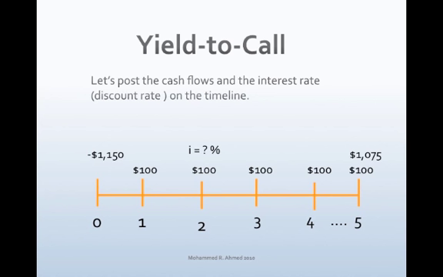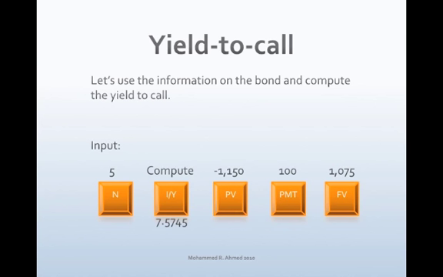Assuming that interest on the bond is paid annually, let's compute the yield to call for the bond using a financial calculator. Let's use the time value of money function of the financial calculator and enter the data in the following order: 5 N, 1150 plus/minus PV, 100 PMT, 1075 FV, and the compute key and I/Y key for TI, or just the I key for the HP. The interest is